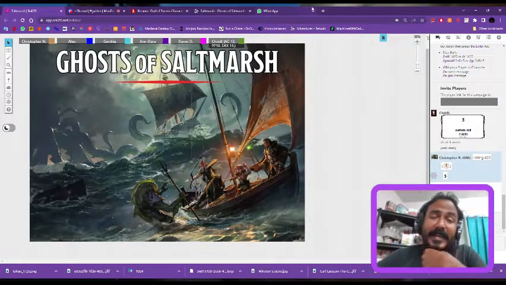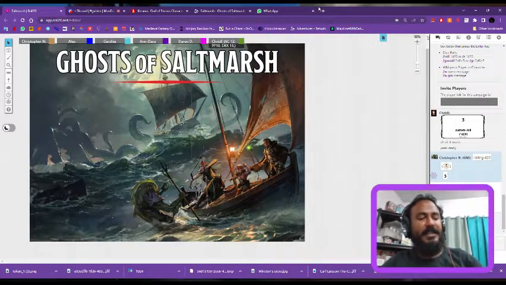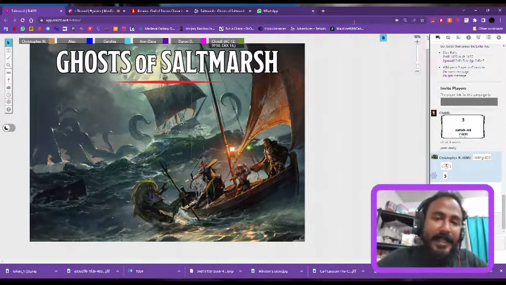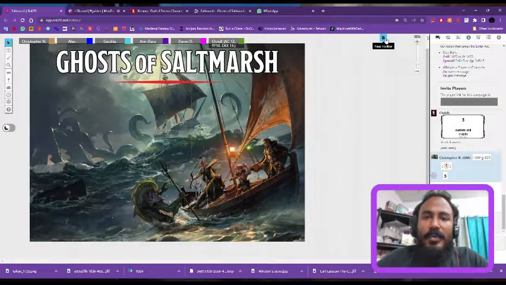A couple of things would have happened to make them stop doing that, and now they're looking to pay attention to the previously forgotten, mostly, coastal city of Saltmarsh. This is the place that we all going to be meeting and adventuring on, and I would like to start off with